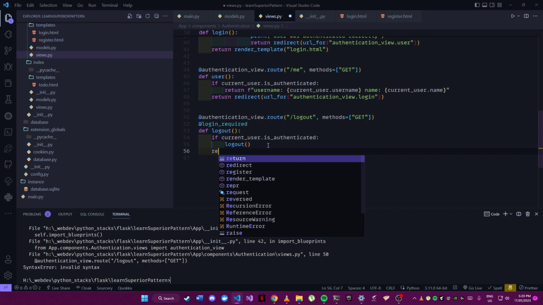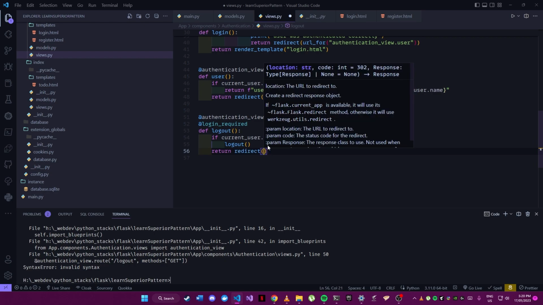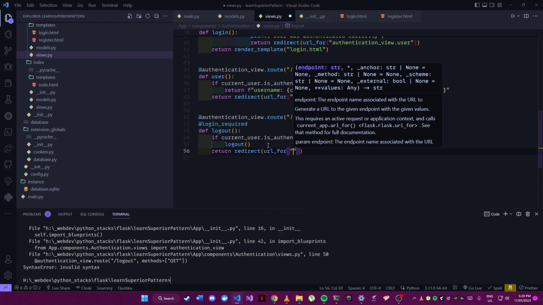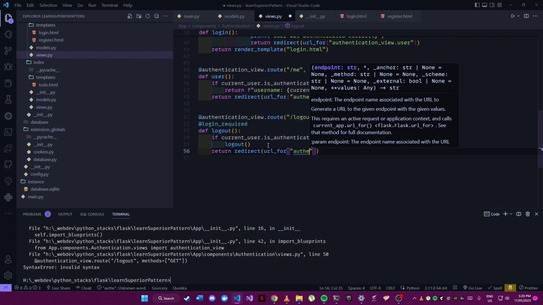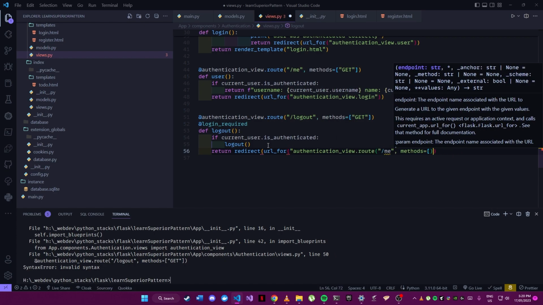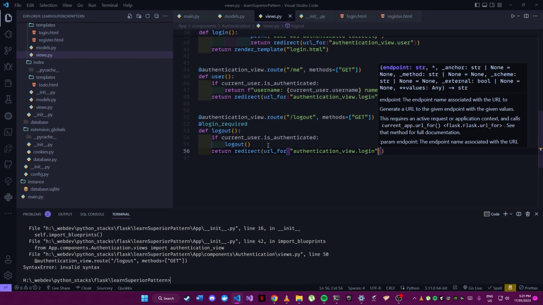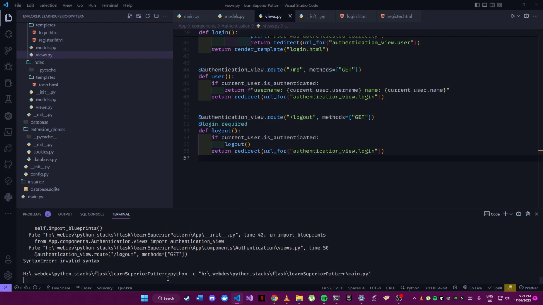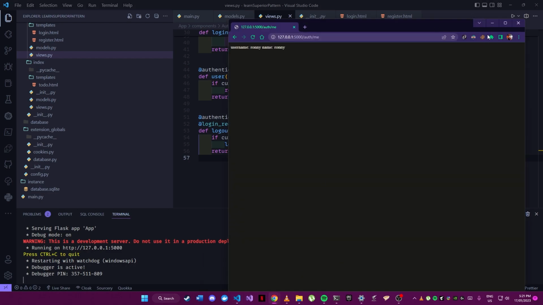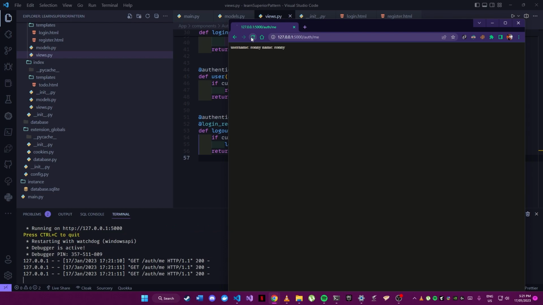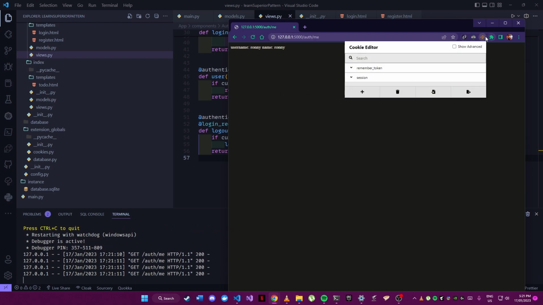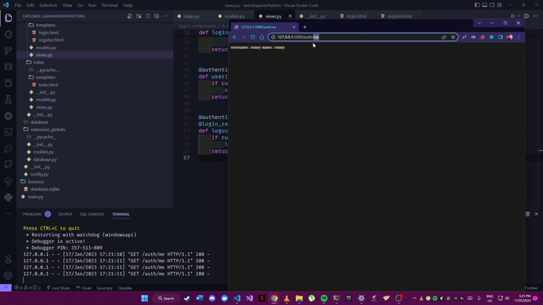And we can simply say return redirect to URL 4. We can't leave this empty because a route must return a response, and it can't figure that out on its own. So we need to do that. And we're going to say views dot login. There we go. And let's rerun this. And because our cookies are sustained, if we refresh this and the server has restarted, our cookies will stay there. But now if we go to the logout,